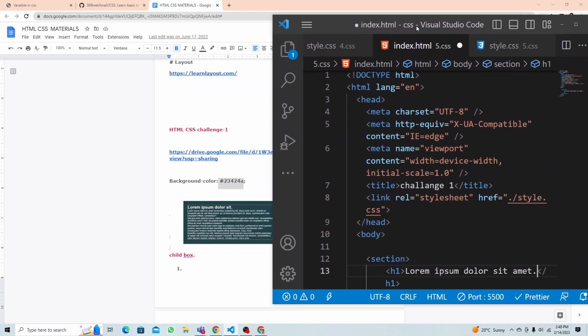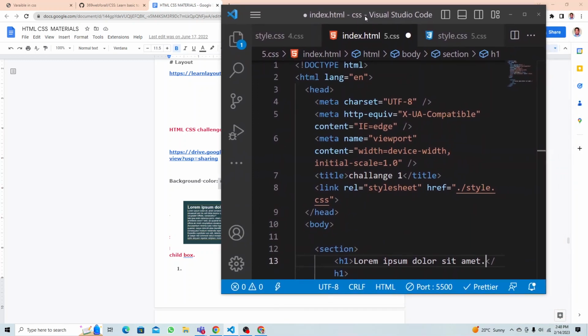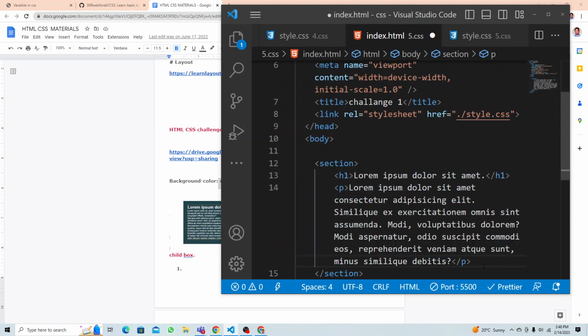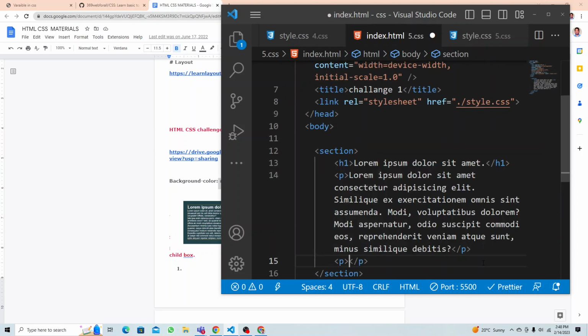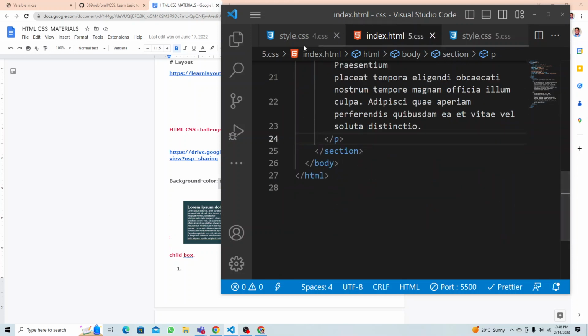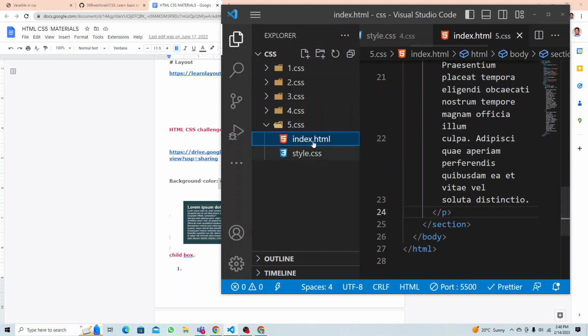And then there are paragraphs, 1 2 3 4 paragraphs. So let's add paragraphs. Let's make it 2 only, no need to put too much. If we open this in live view,